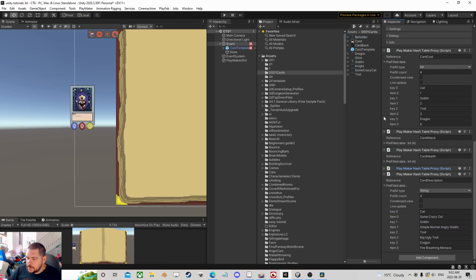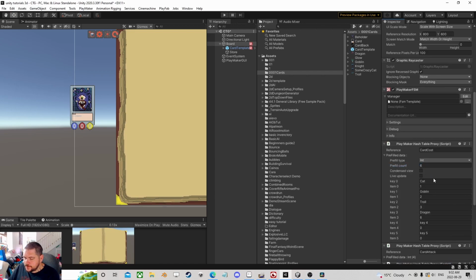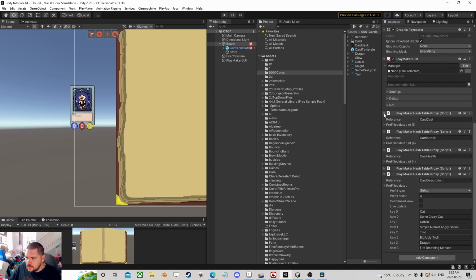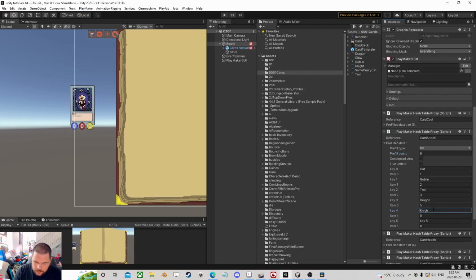All right, so we've got to make sure to fill in all these things, right? Like all their stats and stuff. So what this one is, the card cost, we'll say a knight is 3. We'll call it Beholder 4. But same thing with all these, right? So we have a knight attack,